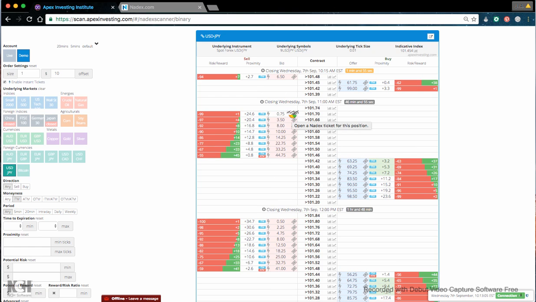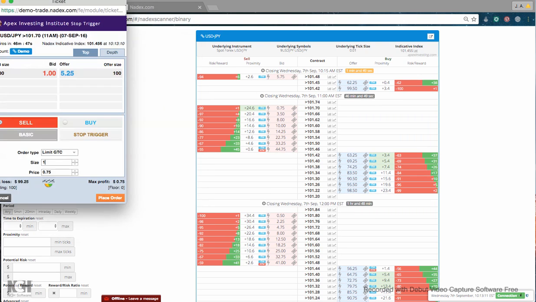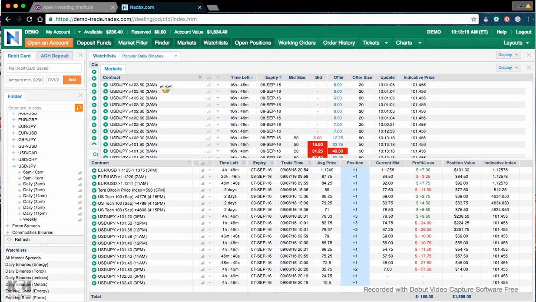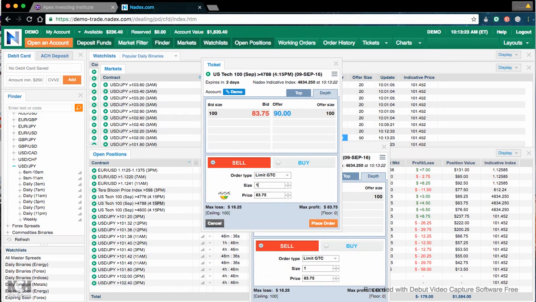And of course you have your movie ticket, which is the way to get into a trade. And if you are familiar with Nadex, then you know that it looks the same as Nadex minus the 2 buttons here at the bottom. I'm going to show you what a Nadex trade ticket looks like. Sorry, it looks just like this except the 2 buttons. Alright, so